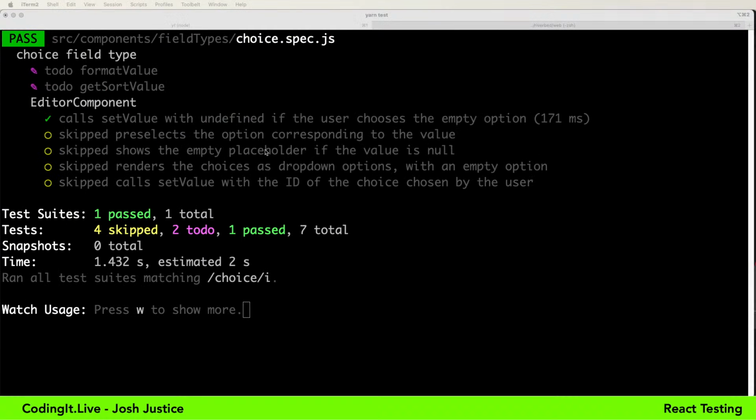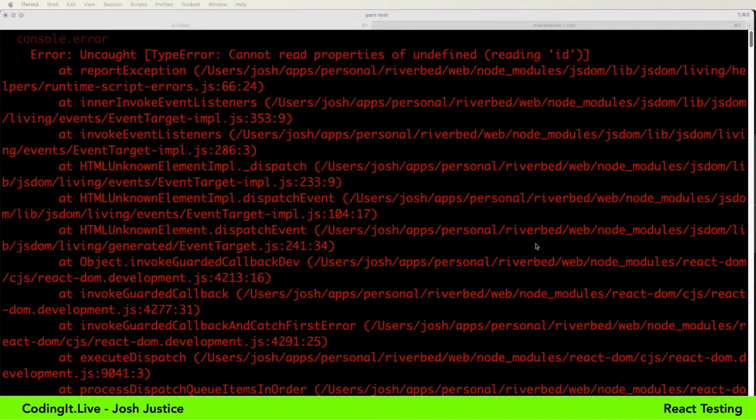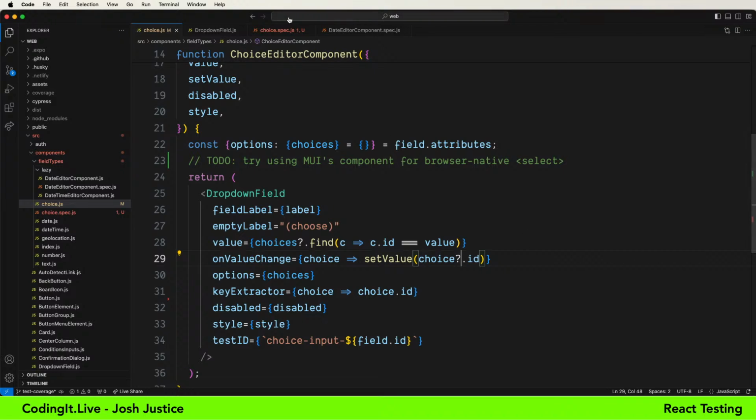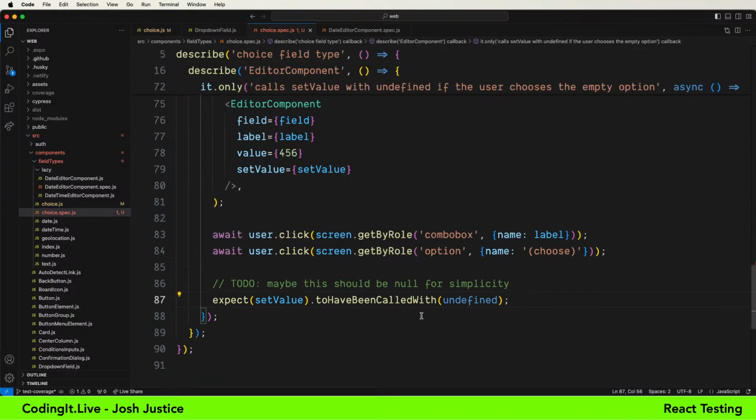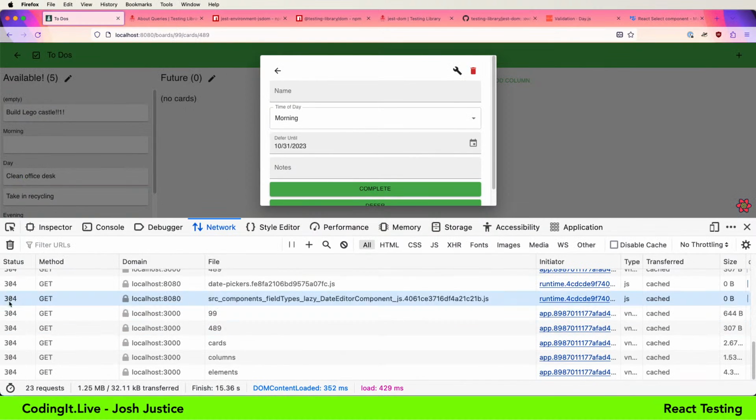That passes. All right, let's just see. I think this will blow up if we don't have the optional chaining, but let's just confirm that that is necessary in the code. We save, it blows up. So we put it back in, we're good. So we define that this is called with undefined. Now I want to think about this and look at the code and see how this works. Depending on how other code works in my app, this might be causing a bug and it may not be saving correctly to the server. So let's see if it does or doesn't work in the context of the larger application.